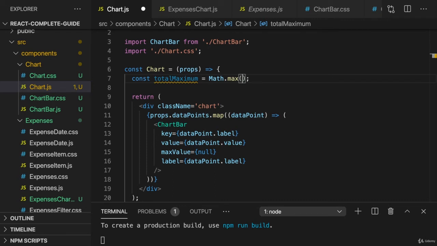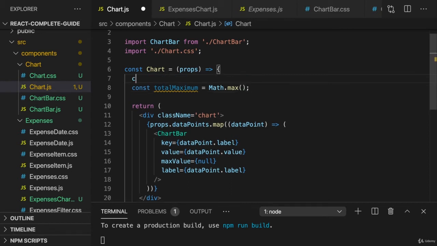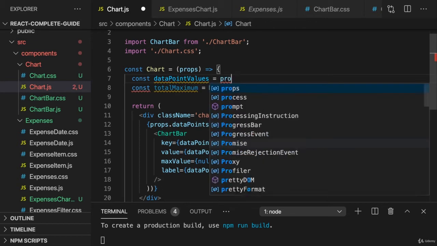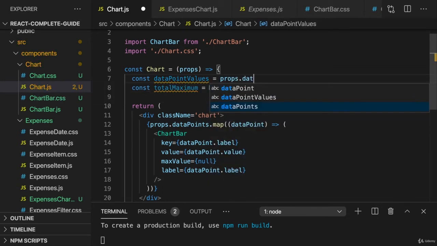Here we have an array though, and also not an array of numbers, but an array of objects. And we're just interested in a specific property of that object. Nonetheless, we can work around that. We can get our value array, if we want to call it like this, or our data point values. And here we can simply call props.dataPoints